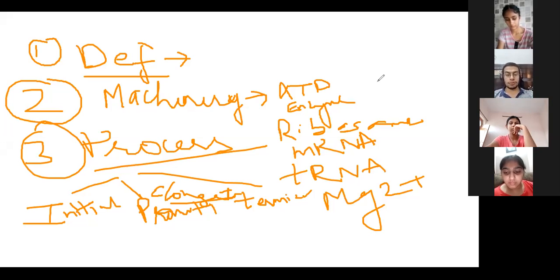Then I am coming to the third step, which is termed as termination. Means when this protein synthesis will stop. And this protein synthesis will stop when there are untranslated regions. In your NCERT, a word is given UTR. Untranslated regions are present on this messenger RNA, because whenever any one stop codon, UAA, UAG, UGA, any one of them,